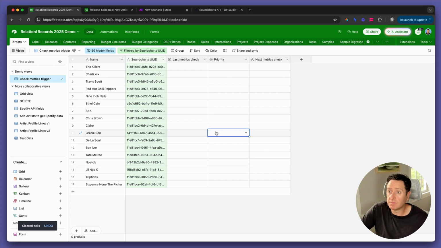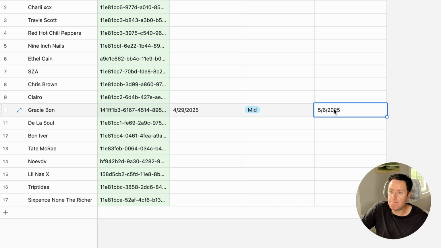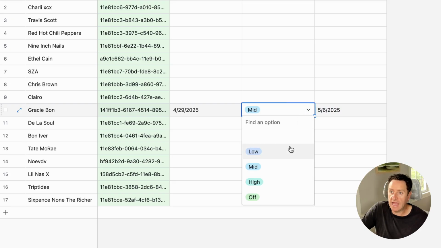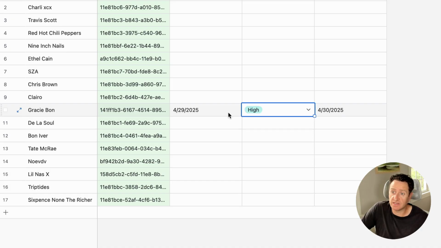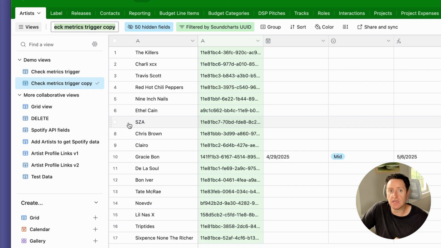So if we take Gracie Bond, and we consider that artist to be of mid-level priority, and then go back a week, then we're seeing that May 6th, today, is the next day that that artist is supposed to be checked for social growth. Had it been priority low, we wouldn't be checking until next week, and had it been high, it would have checked the very next day. So let's put that back on mid,